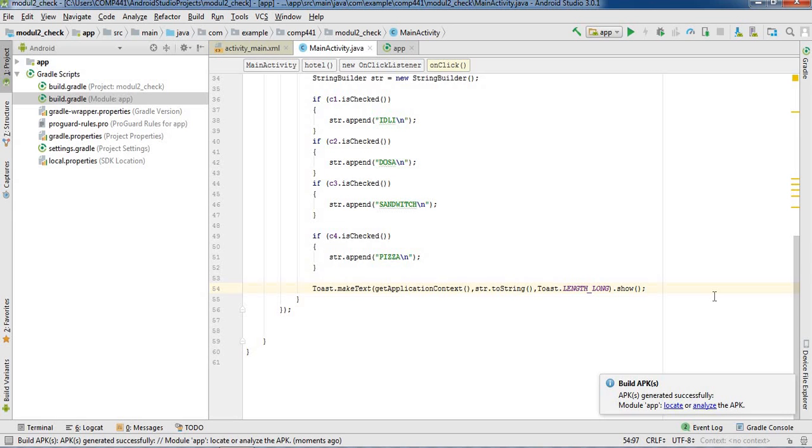So APK is formed successfully, and we have to locate it.